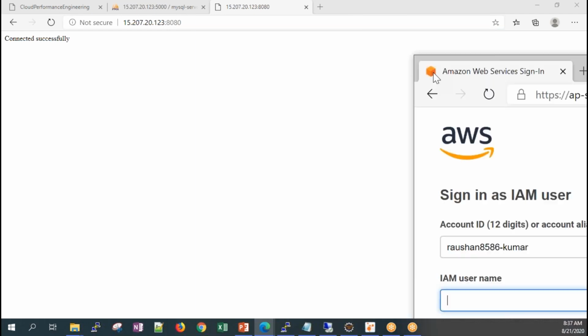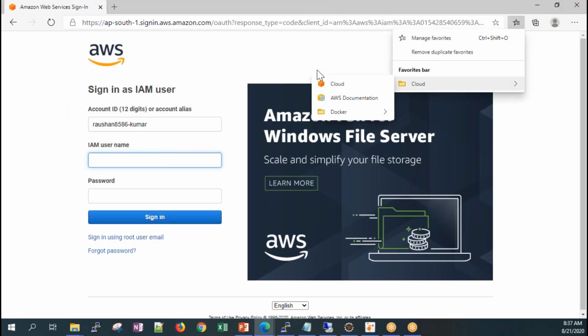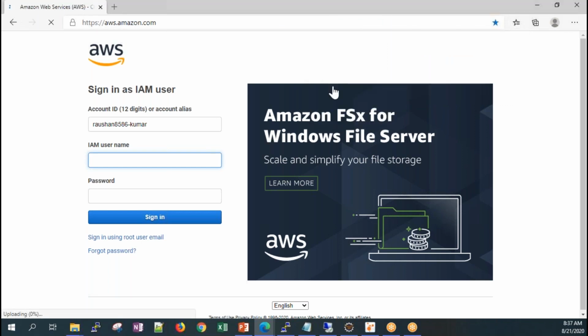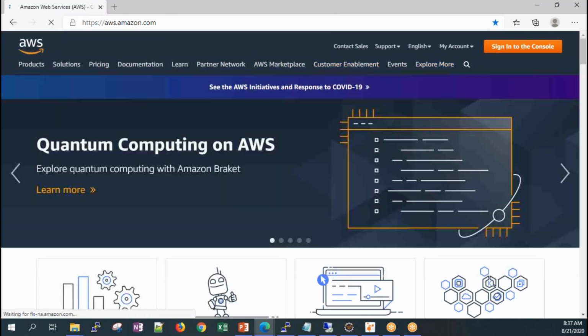Just to give an idea of what we are going to cover in the next demo session: this is my AWS account. We will all create our AWS accounts. It is free, and we just need to put in our details, including credit card details.